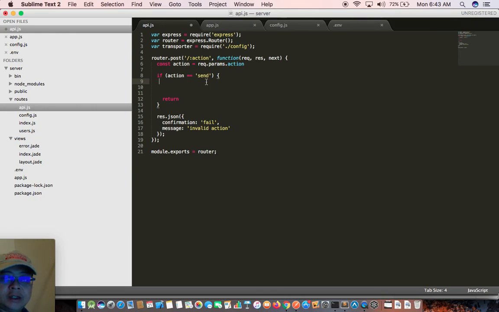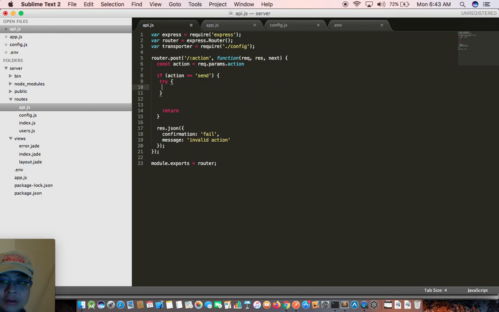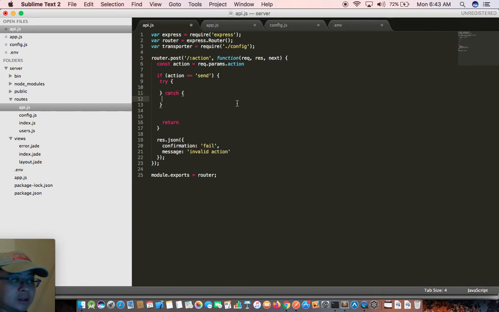So in here, if the action equals send, we're going to try, and there is the catch block. So if the catch gets an error,